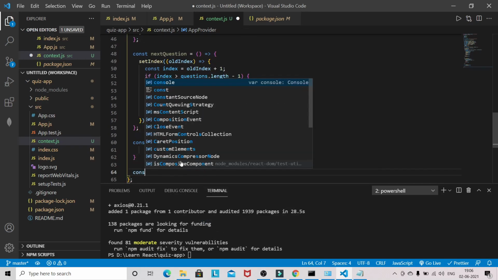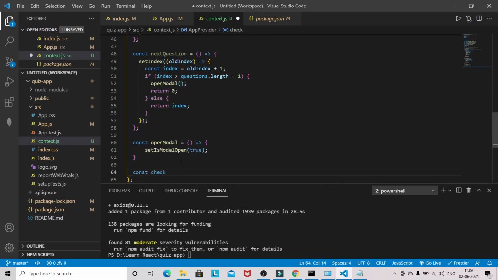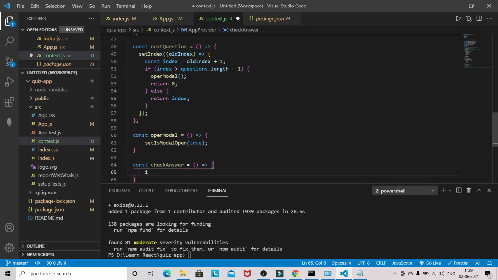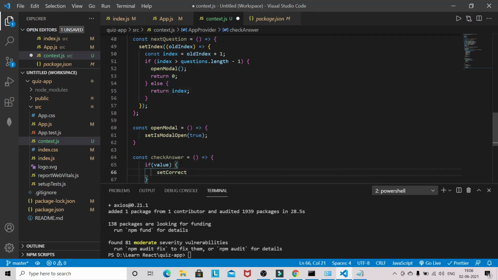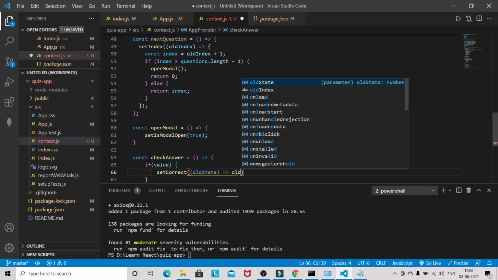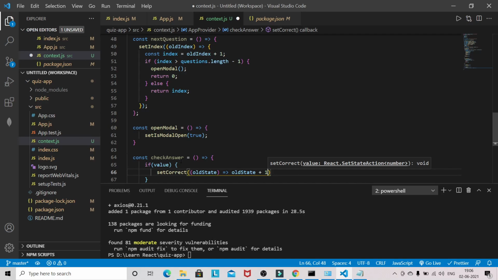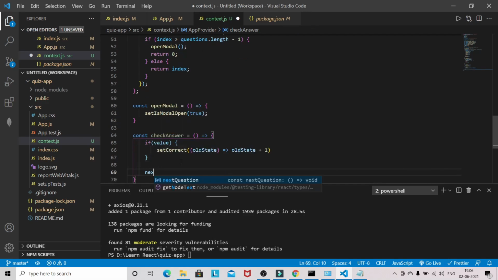Okay, now we need to also write the function to take the answer. Okay, so if value, setCorrect, then oldState equal to oldState plus 1, else it will execute the next question.